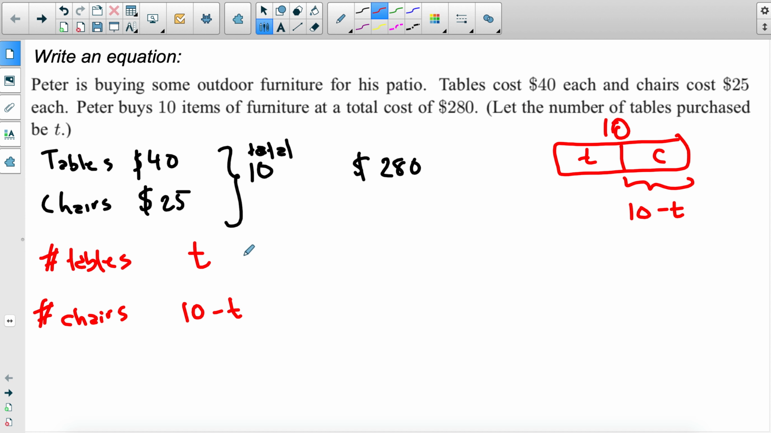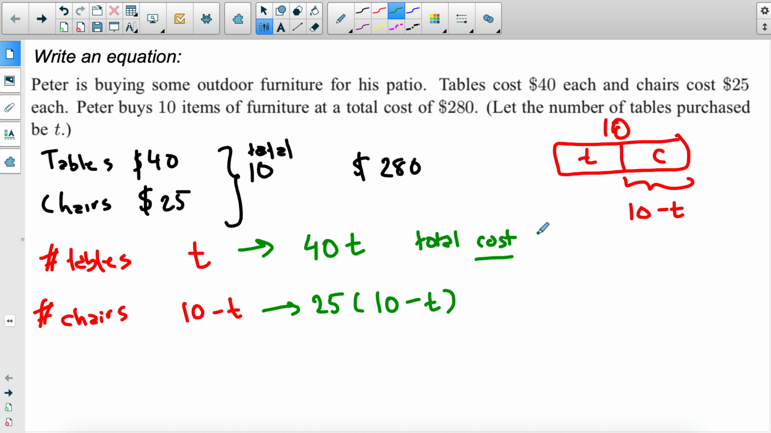So if I bought T tables, the cost of T tables will be 40 times T. So because each table is 40, and if I bought 5 tables, then I need to do 40 times 5. If I bought 6 tables, it's 40 times 6. If I bought T tables, it's 40 times T. And the chairs, it's similar, but I need to put brackets, 25 and then 10 minus T. So that's the total cost